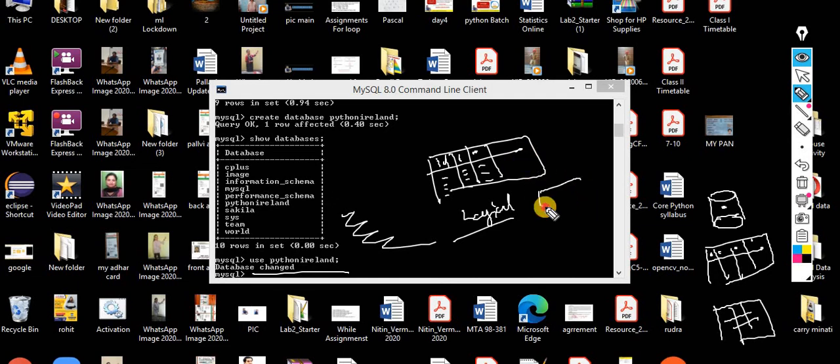First, you have to define the schema. That schema comes prior to entering the data. I am focusing on this point. The schema you define is this one: the first column should be ID, the second column should be name, the third could be age, the fourth could be branch. This is a schema and this is the logical representation. This schema should be defined prior to entering the data.